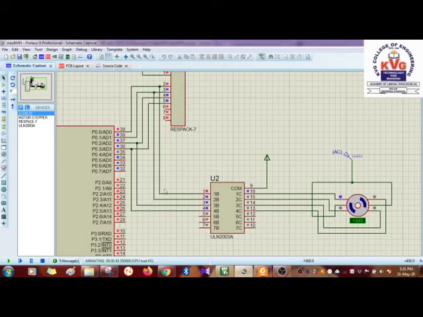So when this becomes 1, here it will be 1, red is 1, correspondingly this will be 0. 1B is the input, 1C is the output for the 2003 IC. So that means that it is 0, so it is providing the ground path to this winding.